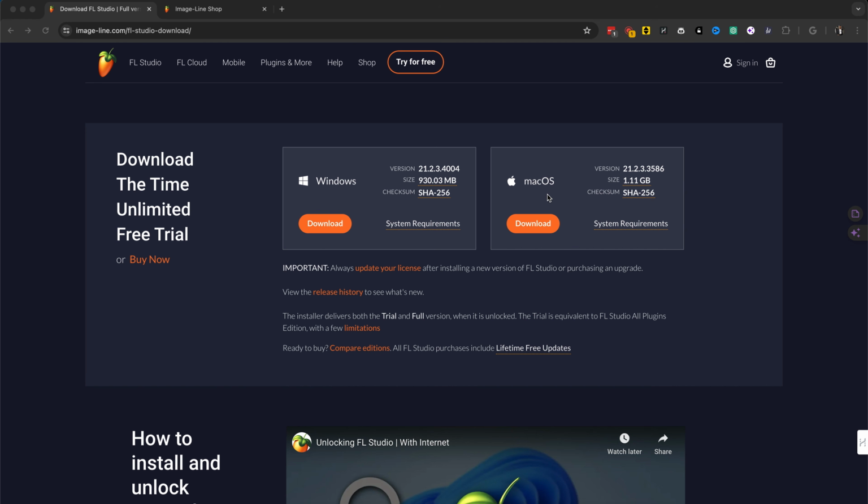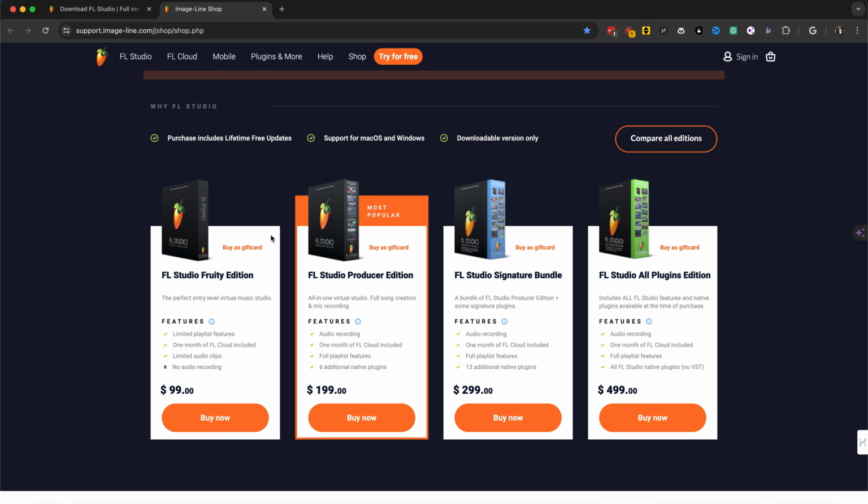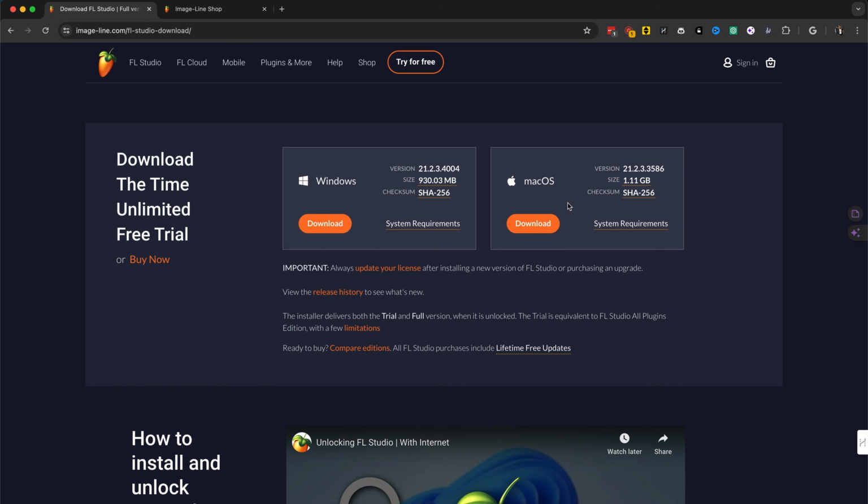And no, you don't need to buy a specific version, but if you do want to buy FL Studio, I'd highly recommend the Producer Edition because you don't need like everything else. Just trust me, Producer Edition, and you could buy the plugins from their store one by one. It's the best way, in my opinion, if you're a music producer. So let's download this and let's open it up from our download folder.